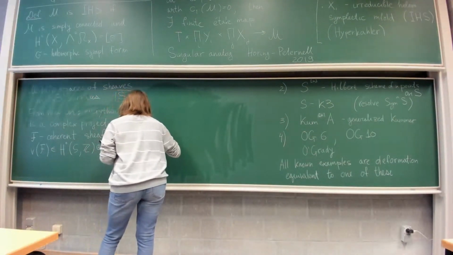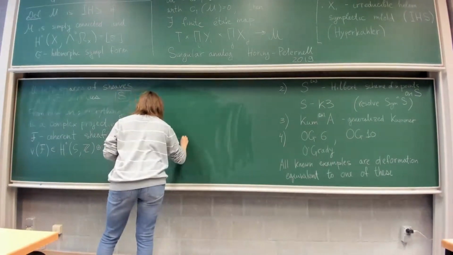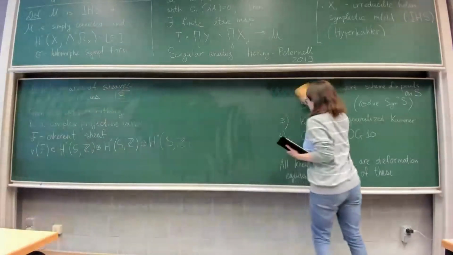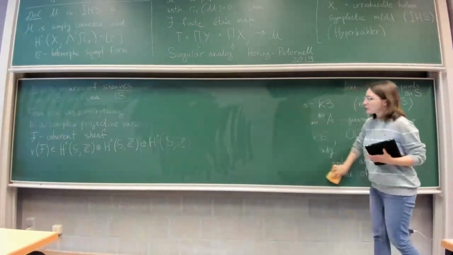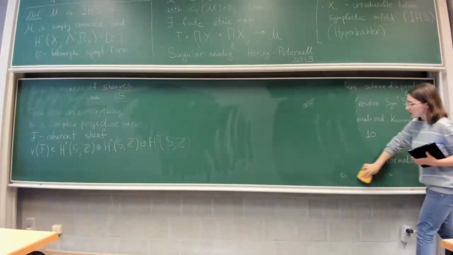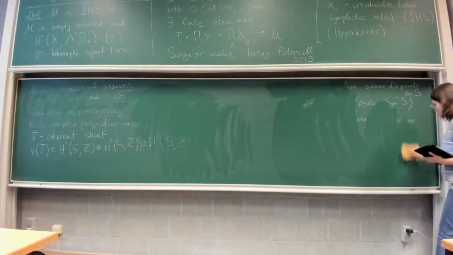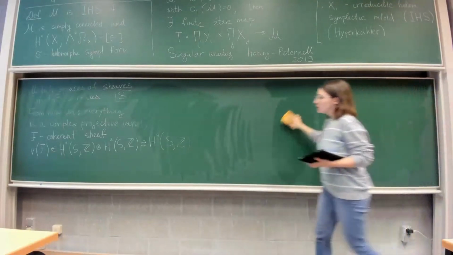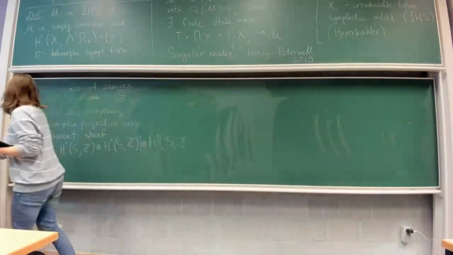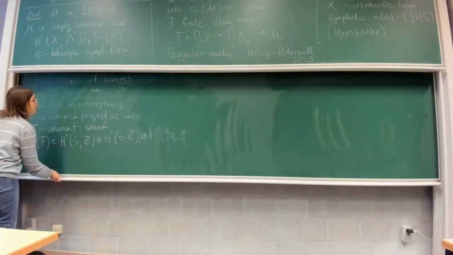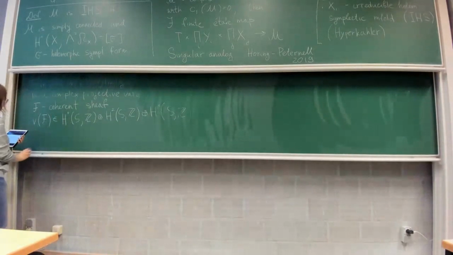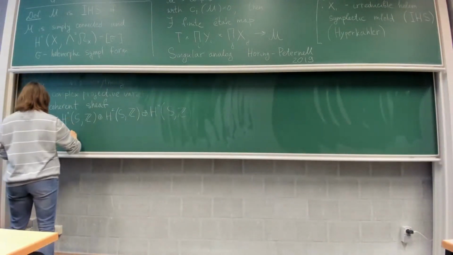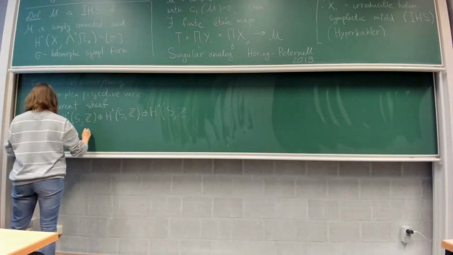So somehow we will fix this invariant, this Mukai vector, and we will consider the moduli space of sheaves that have this fixed invariant. I haven't told you about this invariant yet. I just said that it's inside the space, and there is a definition, you don't need to understand it. I will write it, but